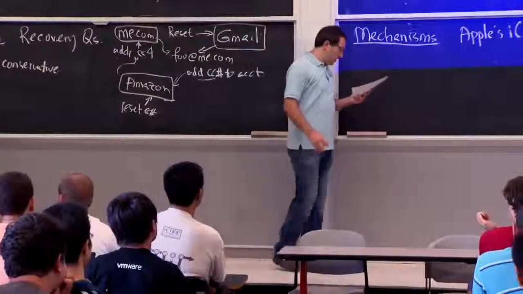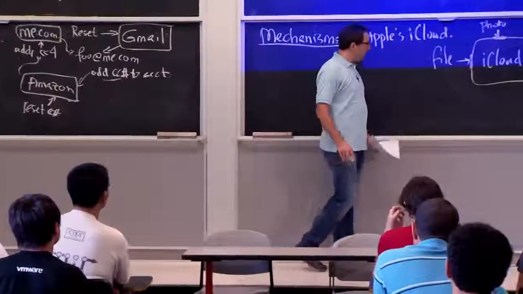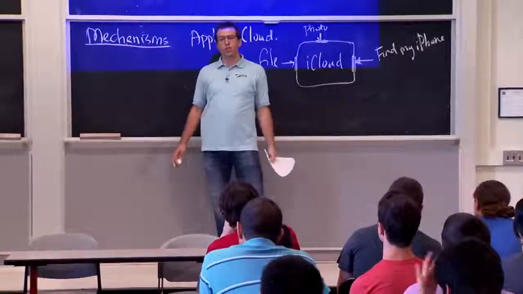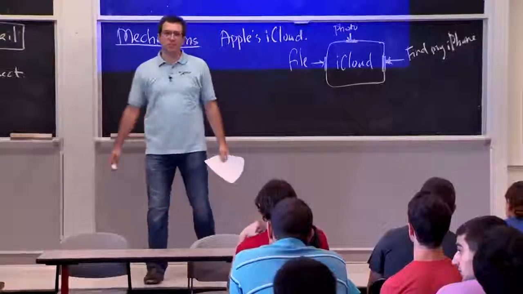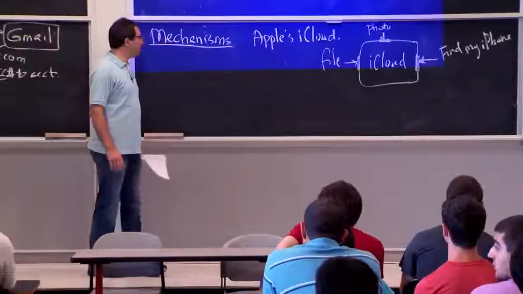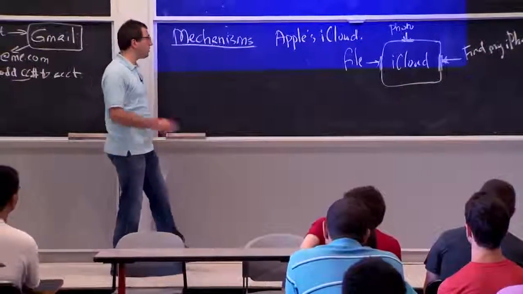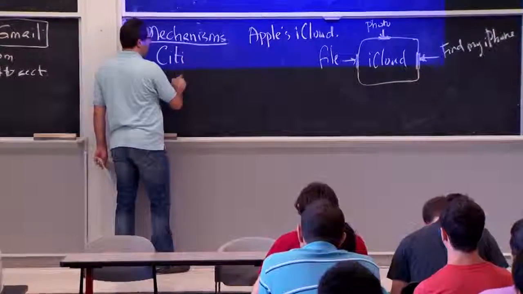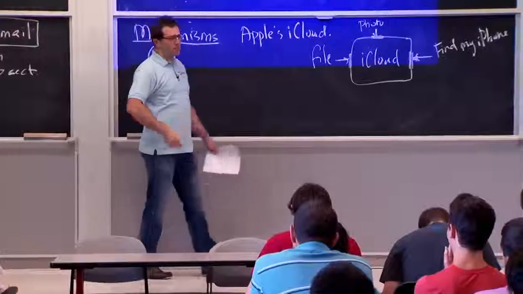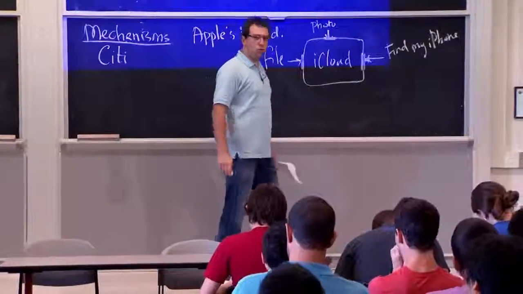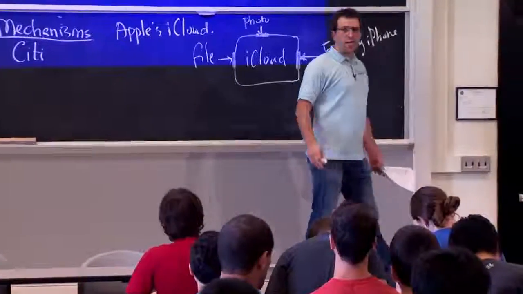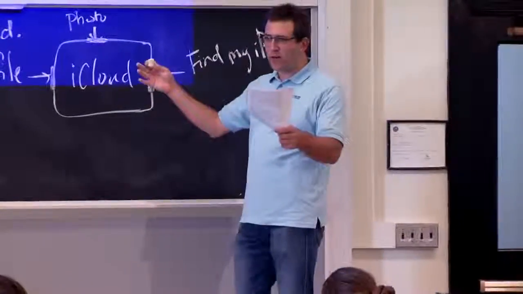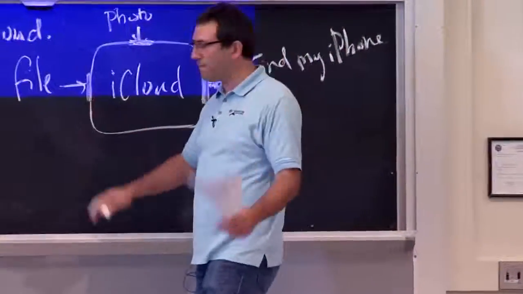All right, OK, so another example. This is an example where you forget to check for password guessing attempts. There are many other things you can forget. You could forget to check for access control altogether. So one example is Citibank had a website, actually still has a website, that allows you to look at your credit card account information. So if you have a credit card with Citibank, you go to this website, it tells you, yeah, you have this credit card, here's all the charges, all this great stuff.